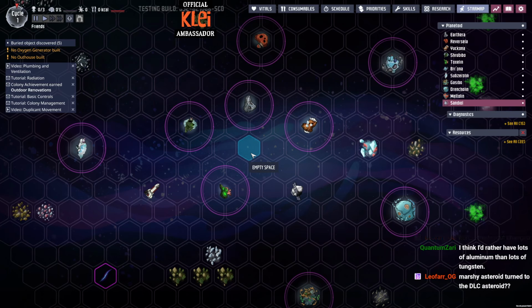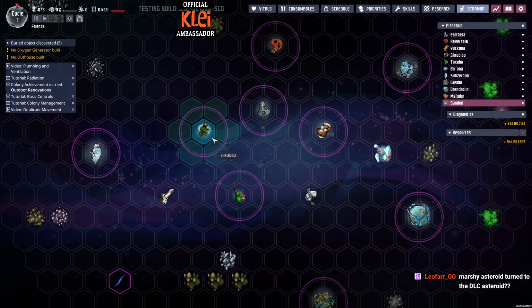No, because you want the thermium, sorry. So you want tungsten, so you make thermium, so you can build with metal ores. That's what I want. I know aluminium's great, but I've run out of ores, so...